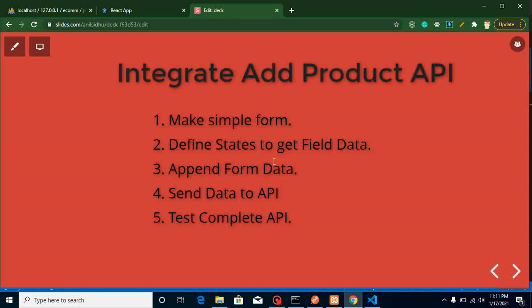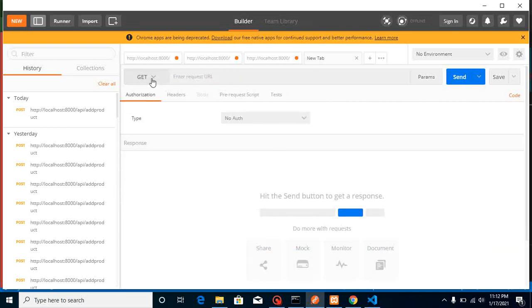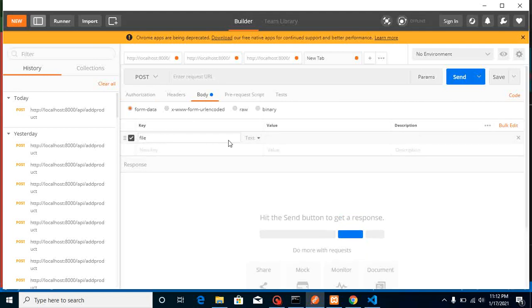Before integrating our API, we must test it on Postman, as I already told you in every video. So now let's see how we can do it. This API has lots of fields, so I already created these fields. But if you still want to know how you can send the image and everything with the form, then I can show you. Let's take a post form type, then a field,